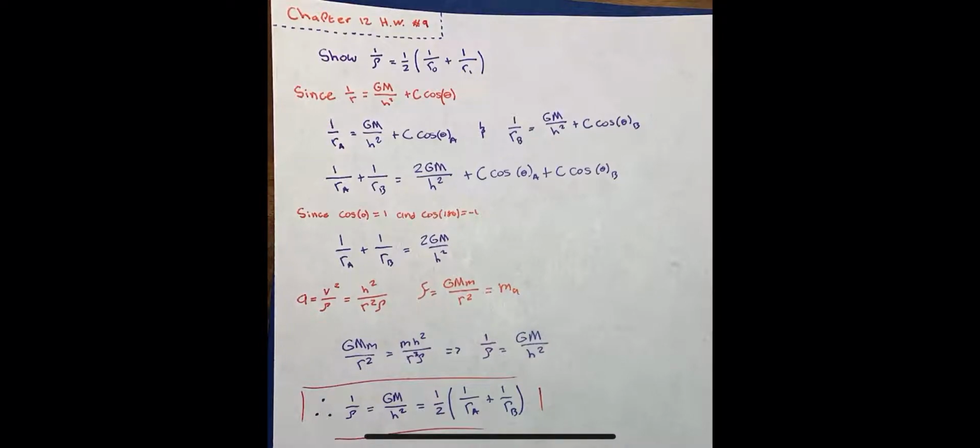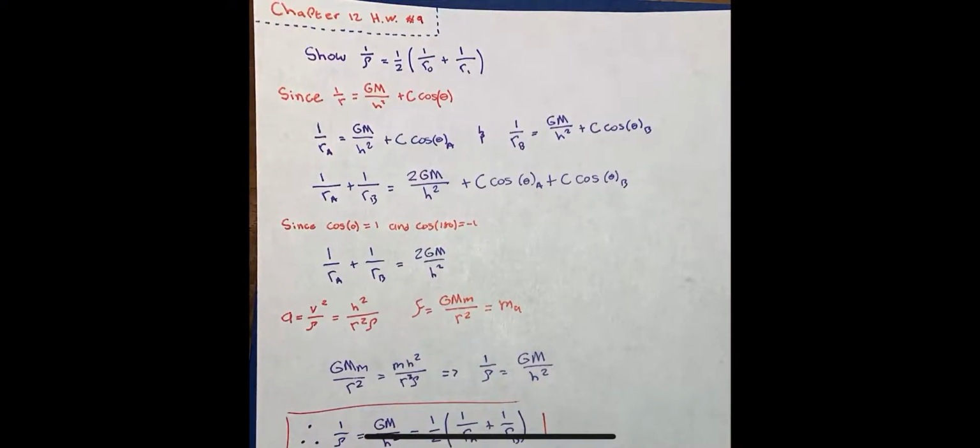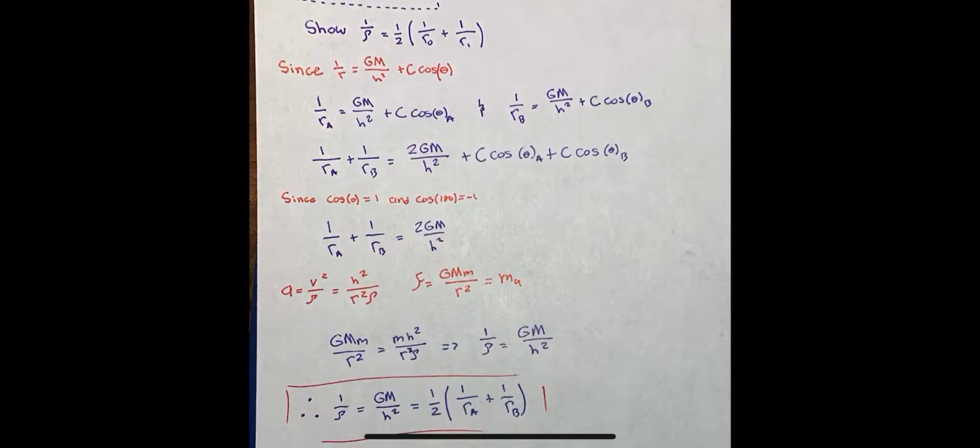Alright, so the last one, we need to show that 1 over rho is equal to 1/2 times 1 over RO plus 1 over R1. We need to show that the satellite's orbit can be expressed as that. So since we know that 1 over r is equal to g times m over h squared plus c times cosine theta,